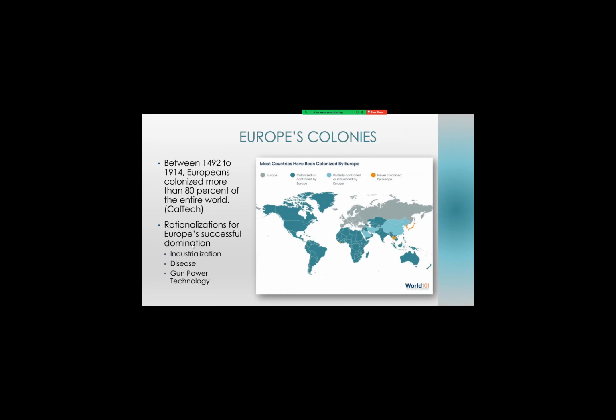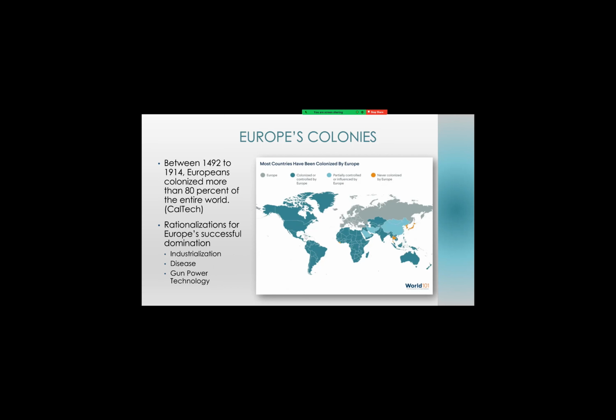Rationalizations for Europe's successful domination include industrialization in Europe, and disease. They brought disease to these other spaces, killing off a large amount of the native populations, and therefore were able to find success. And then more recently, it's been theorized that the production and technology of gunpowder, which actually was produced and developed in India, but Europe comes to gain access to the technology and uses it to exact